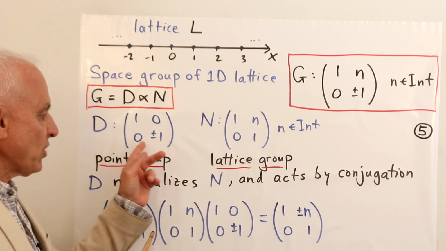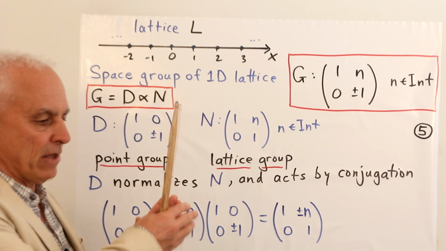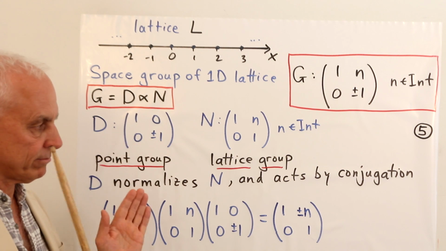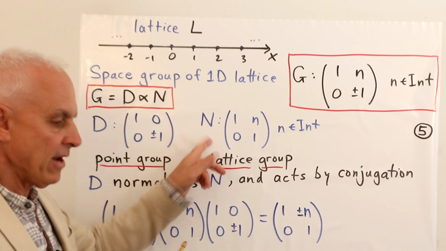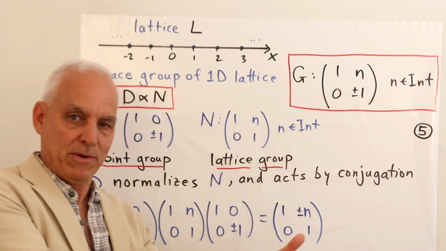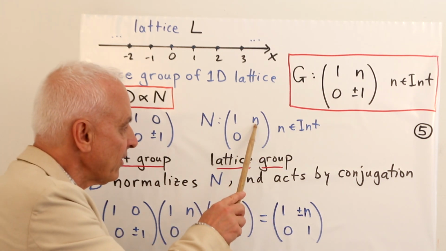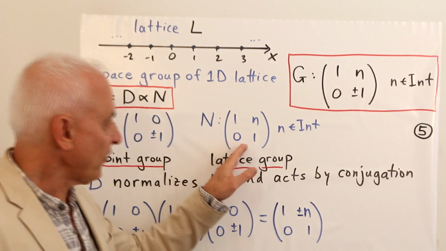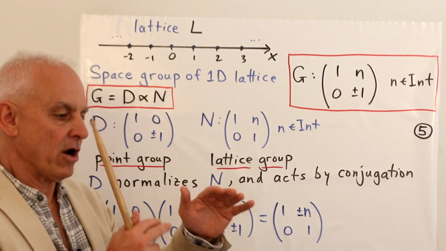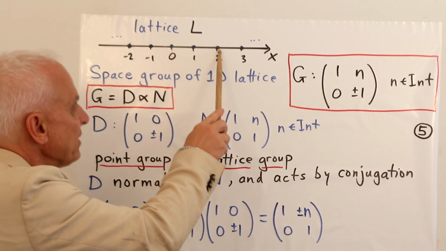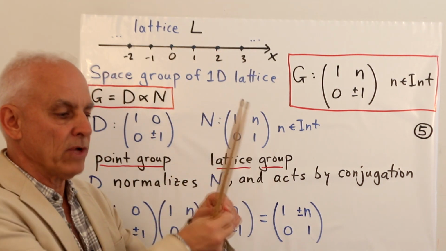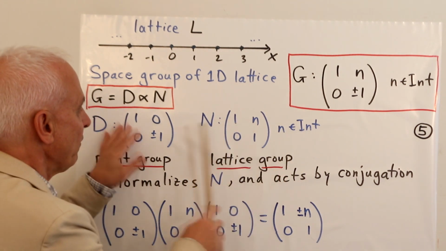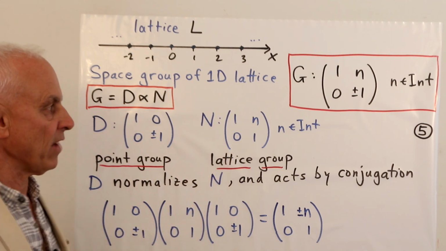And so that's going to have the effect of taking an element x and either sending it to x or to -x. Now, N is a subgroup of the B subgroup that we were talking about, where we are restricting this entry here to be just an integer. This ensures that this group will act on our lattice, sending points in the lattice to other points, because we're always only adding an integer value. So the AX plus B action of these things on the lattice really does preserve the lattice.